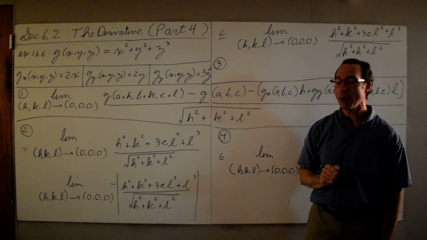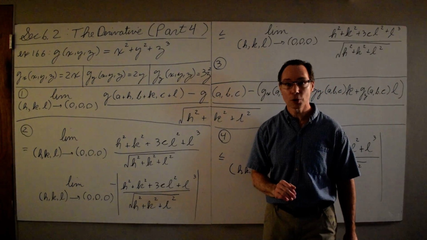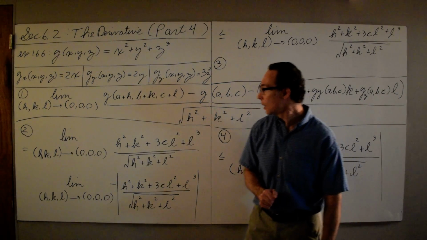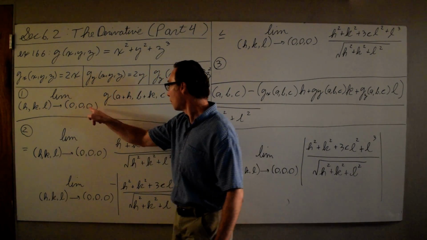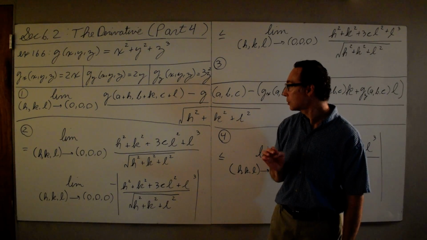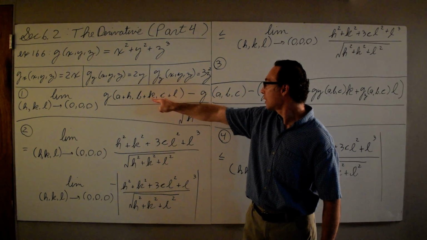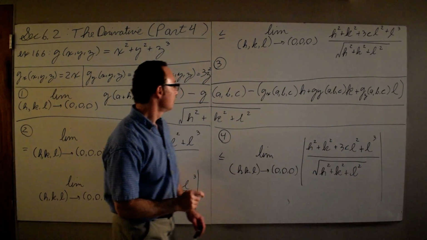And then we start by writing our limit. Now this is a function of 3 variables. So instead of just the point (h, k) going to (0, 0), as with the previous 2 examples, we have the point (h, k, l) going to (0, 0, 0). We have a function of 3 variables. And then we have g of (a plus h, b plus k, c plus l), minus g of (a, b, c),